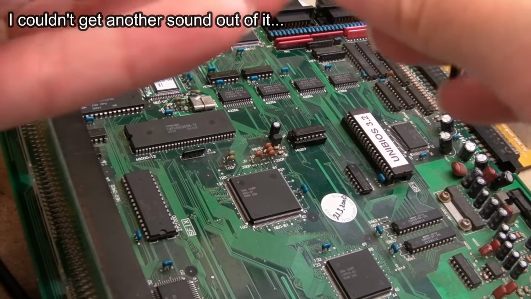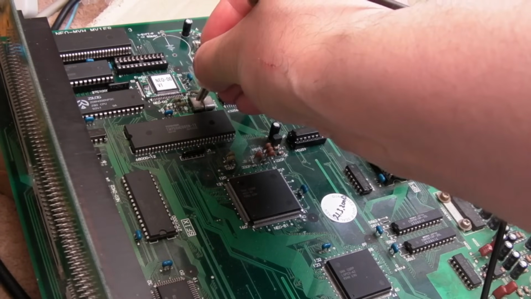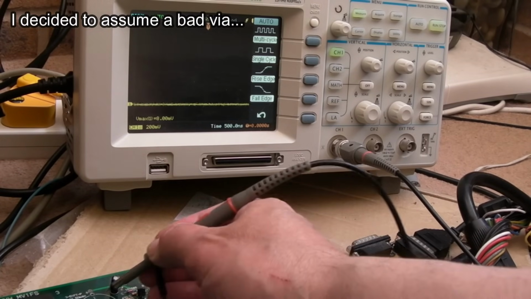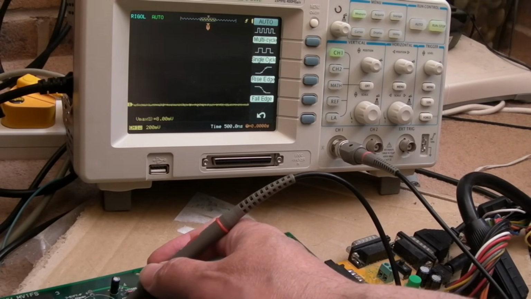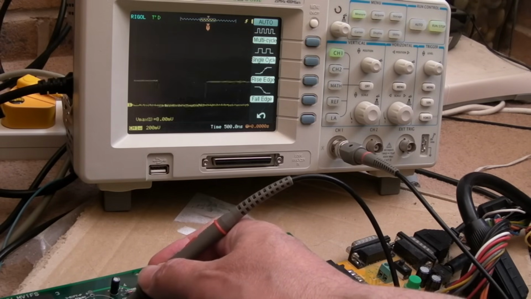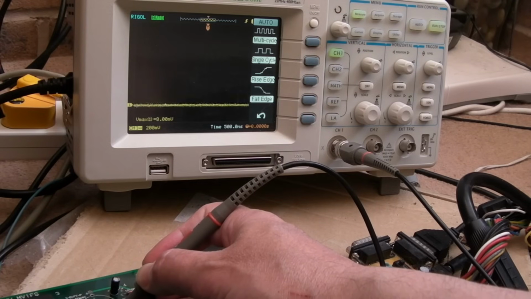Right, I've spent a few hours trying to work out what's going on with this. If I just connect the probe ground there to the crystal strap, it's going to be difficult to show you this. I've been focused on all the wires on the top side and the bottom side to work out if one of them's weak, and I think I found it. If I probe this one here, we've got a clock signal, and if I probe the trace that goes to...